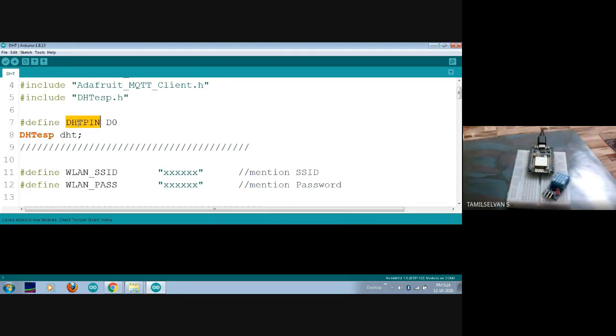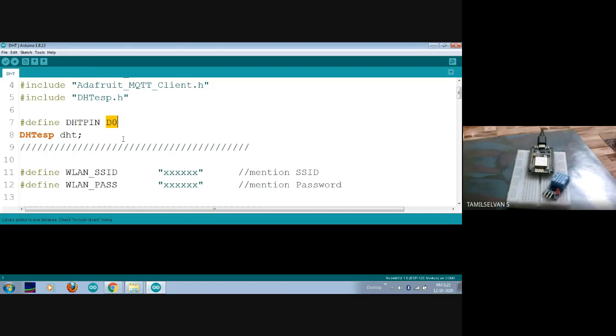The reason I'm defining this particular pin first is that I will be using this pin number n number of times inside my program. So again and again, instead of changing the pin code value, I can define it at the top of my program and use it n number of times inside. In a critical situation, if I want to change the digital GPIO pin, I can change it only at this particular location, and in the rest of the locations it will be automatically updated.